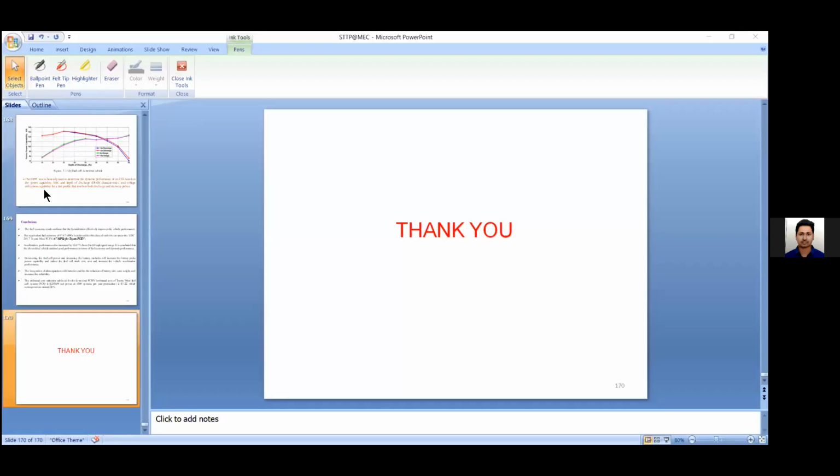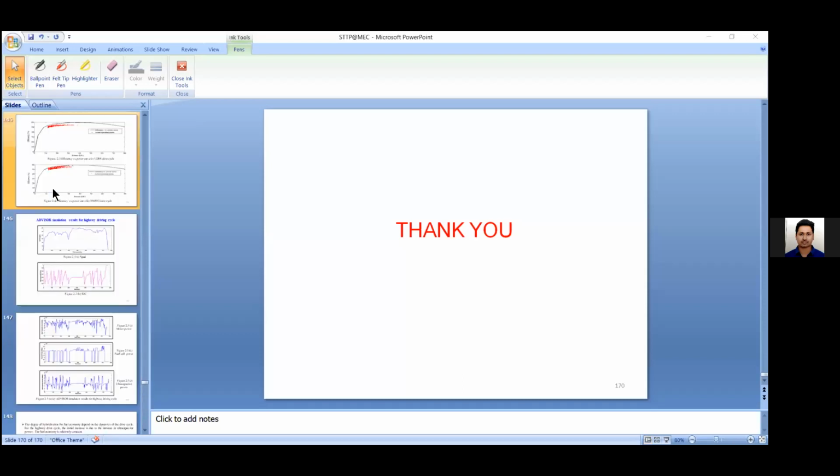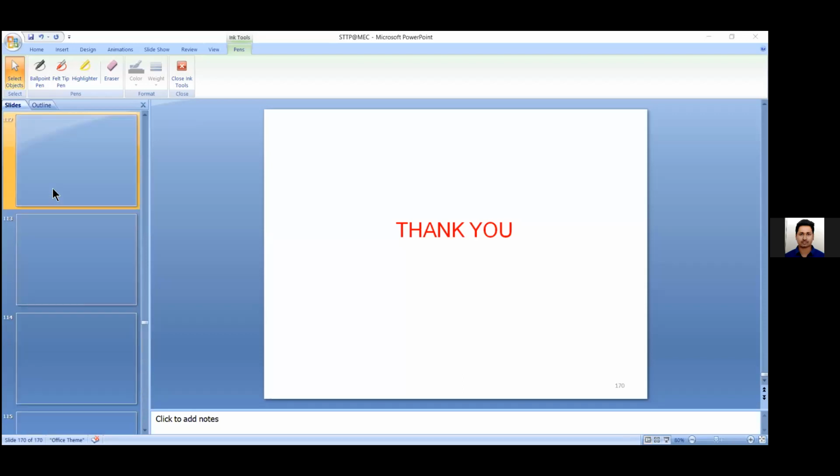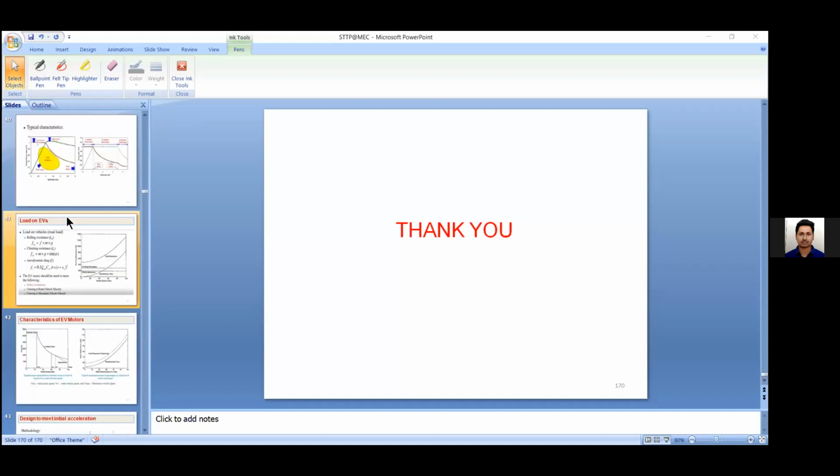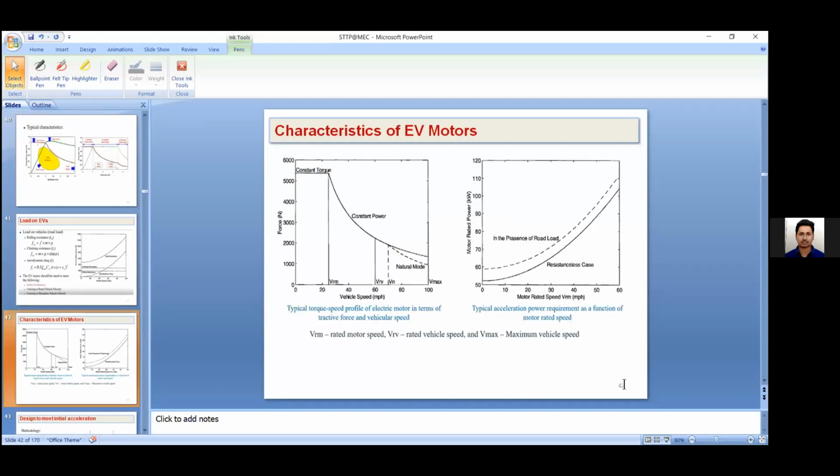The third question is, can you please explain VRM and VRV? VRM is basically the rated voltage. Here you can see, one second, I'll try to share the screen if possible. One is the rated voltage and another one is the maximum value. In the graph you can see, yeah, here maybe.